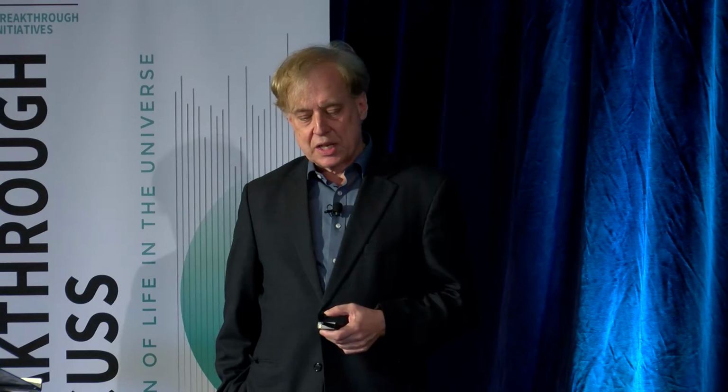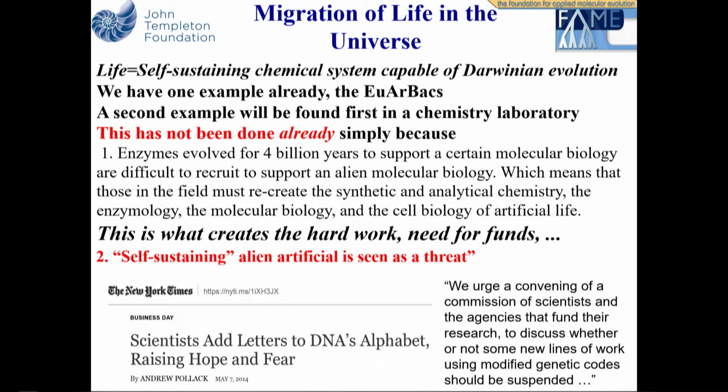But of course, there's a second reason why we don't have this already, and that's because self-sustaining is seen as a threat. This is actually an article on the right-hand side from the New York Times, Andrew Pollack, when our buddy Floyd Romesberg actually got 6 letters of different DNA to work inside of an E. coli cell. And Andrew Pollack wrote that adding letters to DNA's alphabet raises hope and fear. And we are urging a convening of a commission of scientists and the agencies that fund them to discuss whether some new lines of work using modified genetic codes should be suspended,